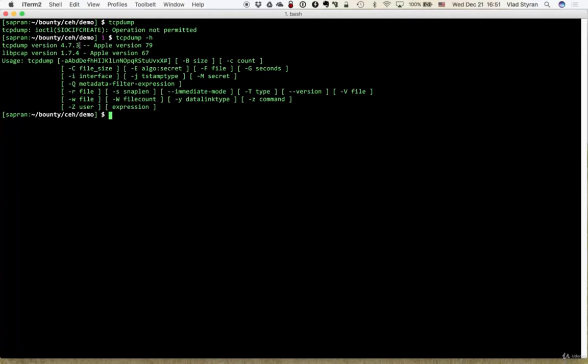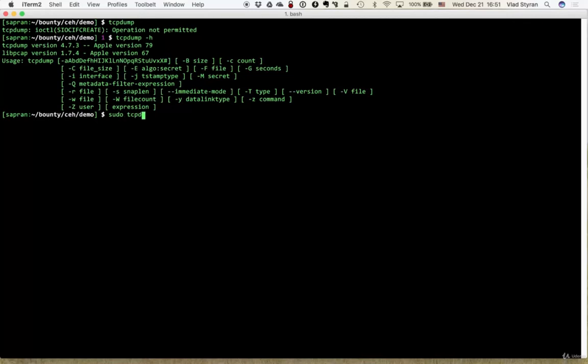So as you see, although I use Homebrew for almost all my tools, this one is provided by Apple, and it uses libpcap. This is a shared library that is used by Wireshark, Tshark, and basically every other modern utility that does packet sniffing. So let's construct the command that will capture traffic in our Wi-Fi interface. Yeah, so it will look like